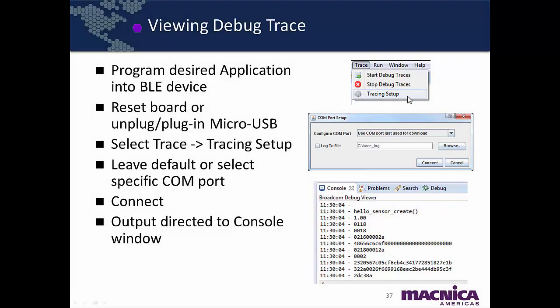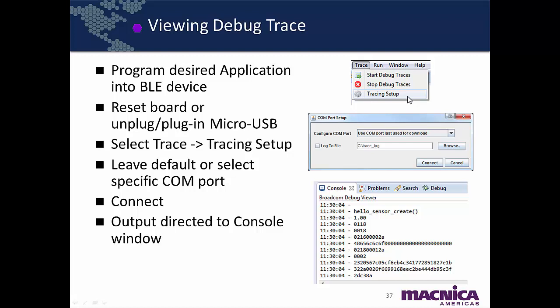To view the trace output within the SDK, you need to tell the tool which UART to capture the trace data from. Part of the Broadcom plugin to Eclipse for the WICED SDK is the Trace pull-down menu. From here, you can specify which UART you want to capture trace data on. This will be the same UART COM number that you can observe via the device manager on Windows, or